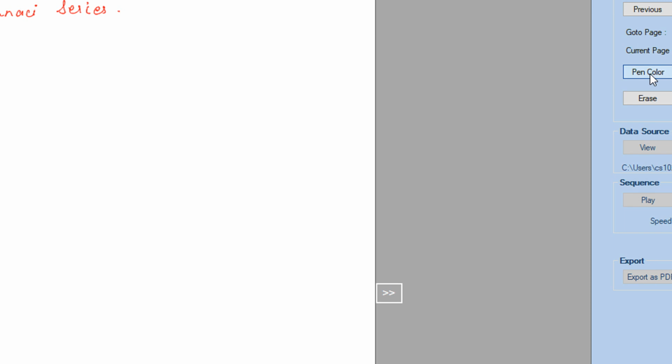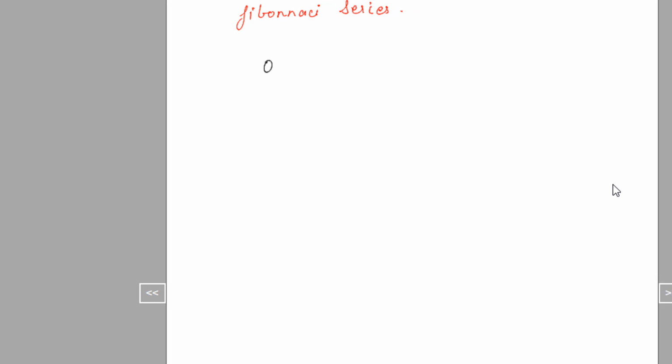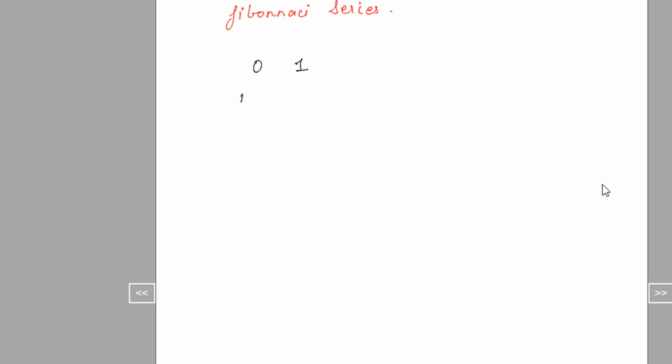So the Fibonacci series goes like this. Let me change the pen color to black. The initial numbers are 0 and 1, so I can call this the first term and this the second term.